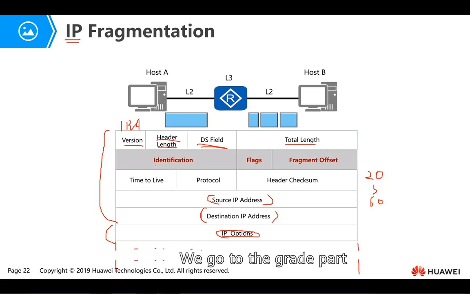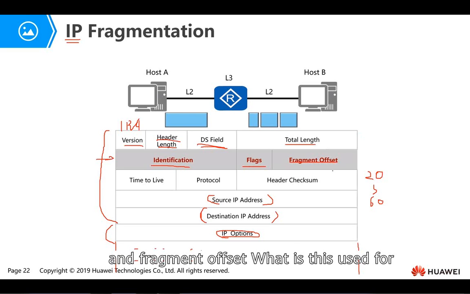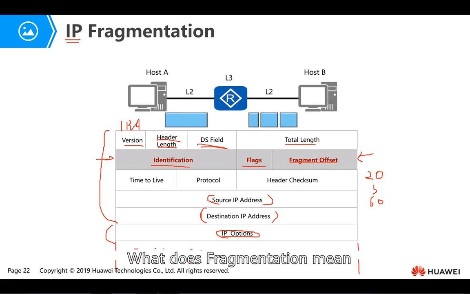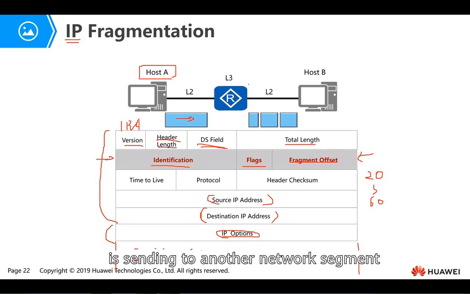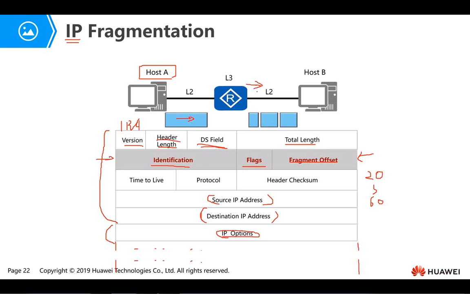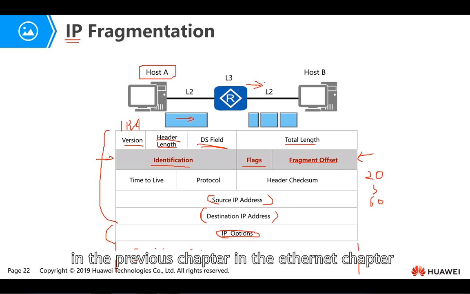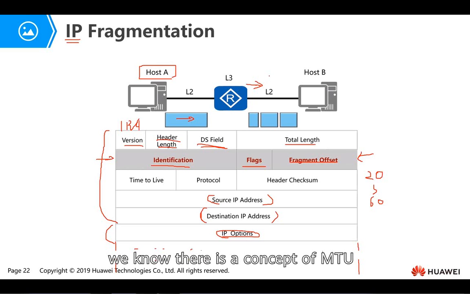And then we go to the next part: the identification, the flags, and the fragment offset. What are they used for? They are used for packet fragmentation. What does fragmentation mean? When host A sends out one packet and the router sends it to another network segment, in the previous Ethernet chapter we learned there is a concept of MTU,